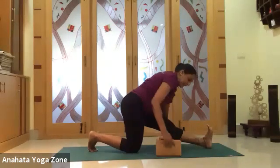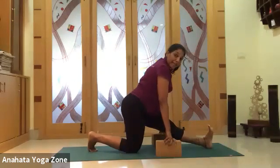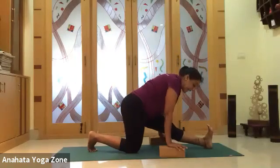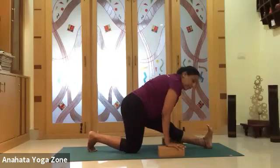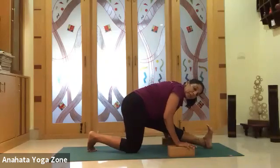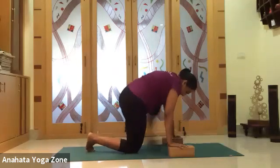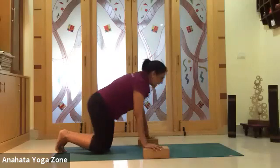Maybe even the hands are not reaching the block. You might have to lift your chest up a little more. It's okay. Most of us have tight hamstrings. Now, if you're feeling the stretch already, just lean over and get a deeper stretch and do nothing else. Just stay here. Those of you in the practice and those of you who can do it, start taking the